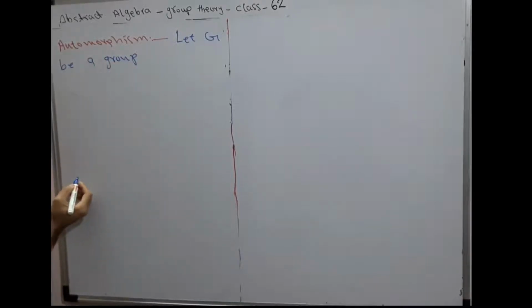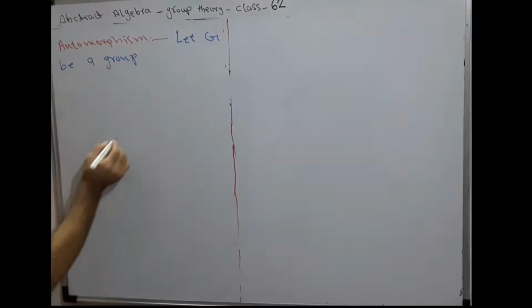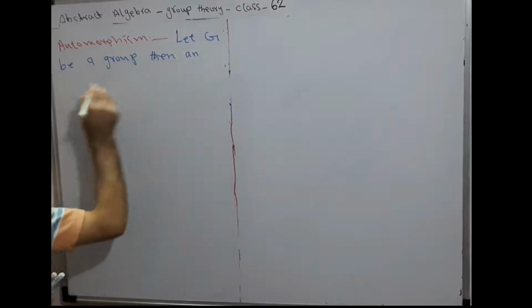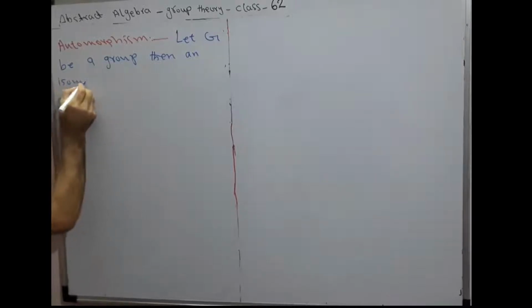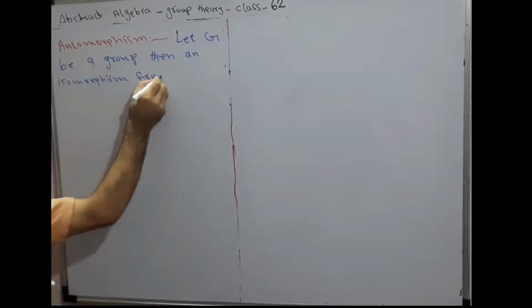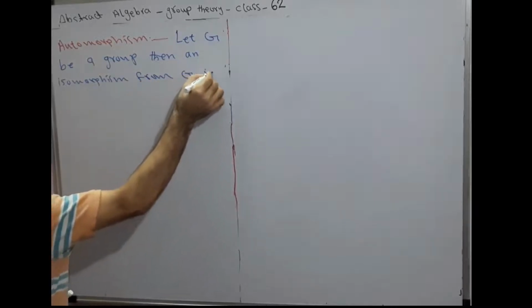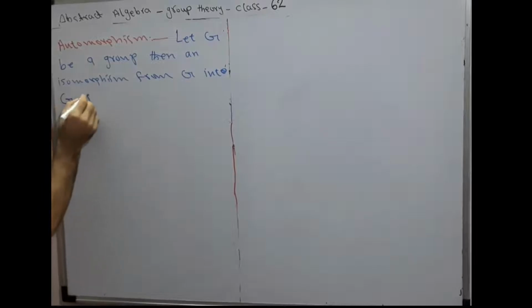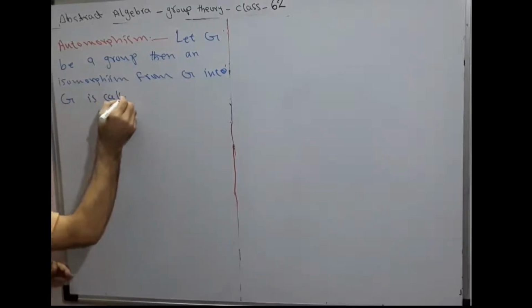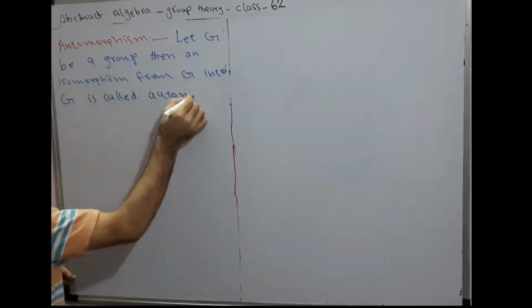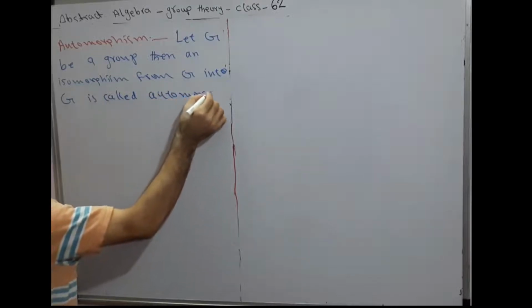Then an isomorphism from G into G is called automorphism,